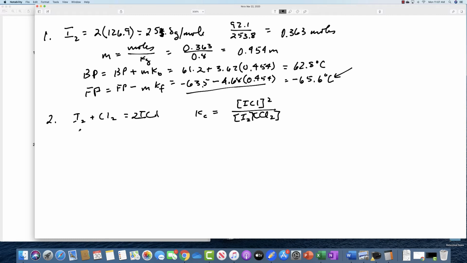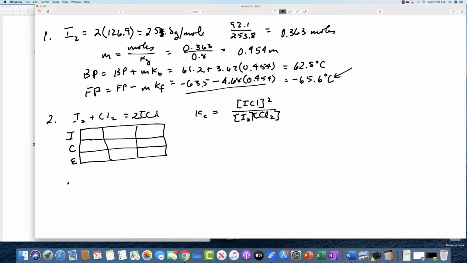So if we make our little table, and this is initial, change, and final or end,